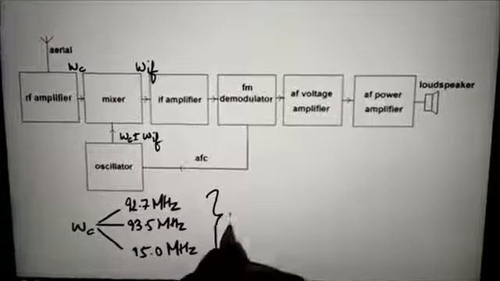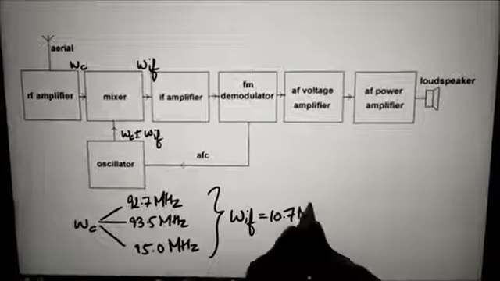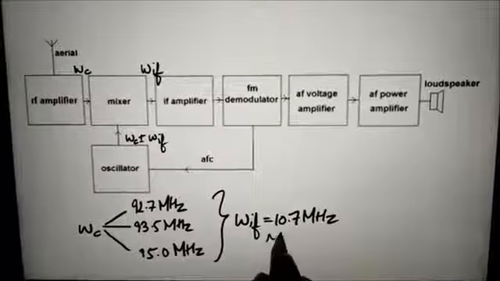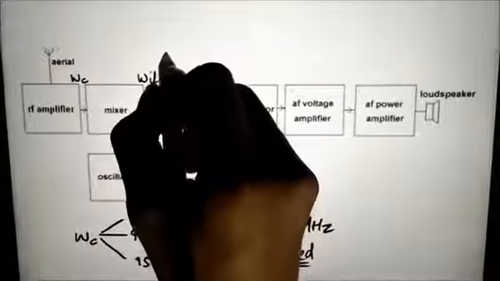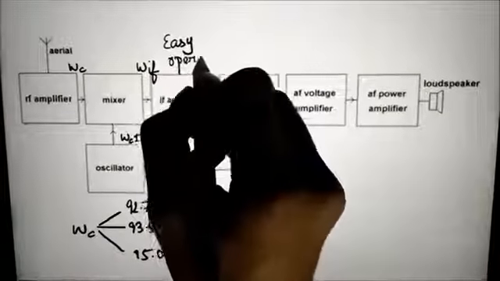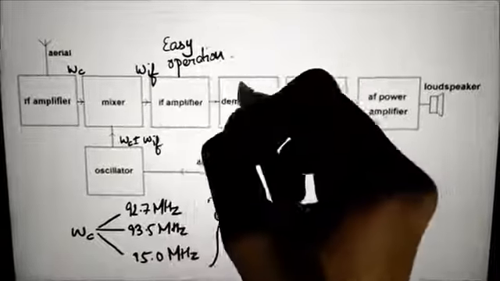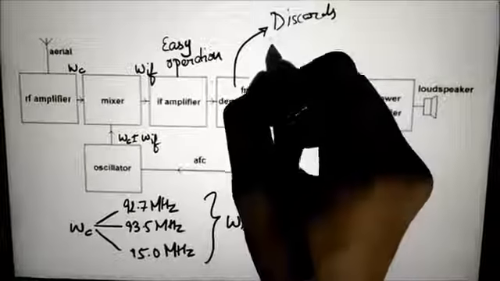The IF signal is fed into the IF amplifier. The advantage of the IF amplifier is that its frequency and bandwidth are fixed no matter what the frequency of the incoming signal is. This makes the design and operation of the amplifier much simpler. The amplified IF signal is fed to the demodulator. This circuit recovers the audio signal and discards the RF carrier.